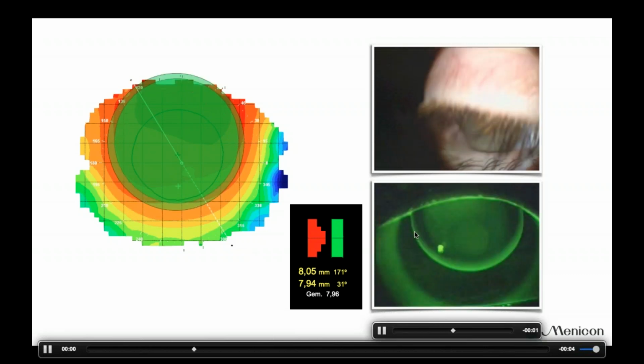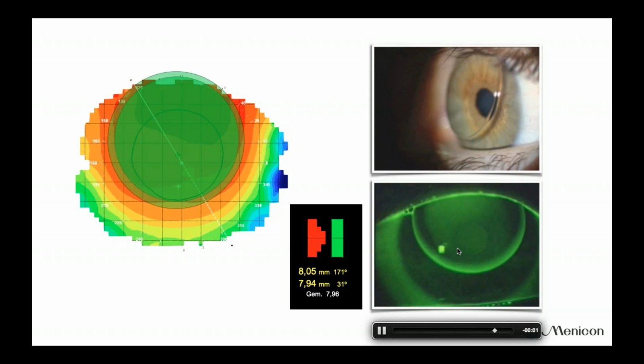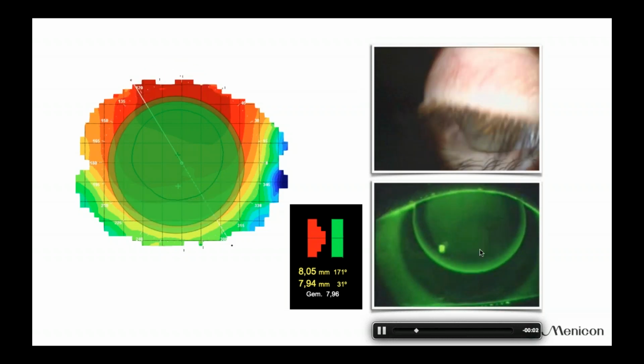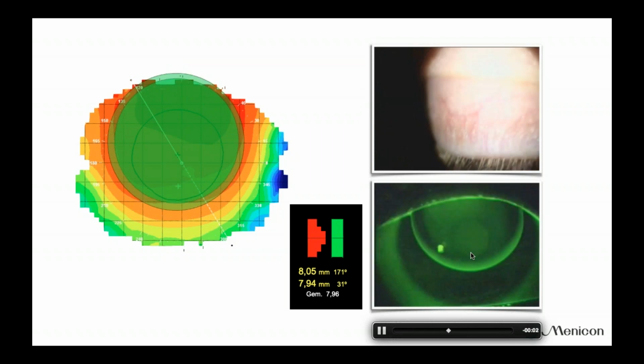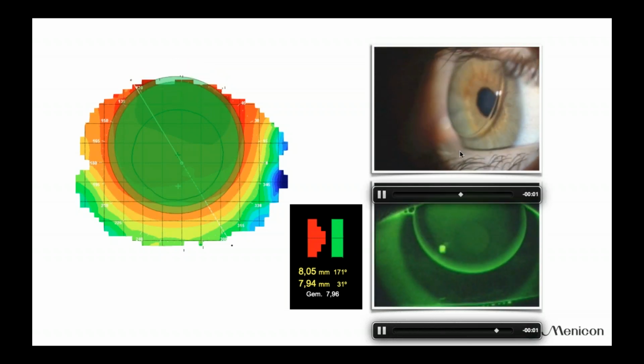What you will see happening in these cases is that people with all the tools try to center the lens with prism ballast or flattening, larger or smaller diameters. They will do everything to get the lens centered. But ask yourself, if you are doing that, are you really respecting the cornea then? That's something to think about, because we have to respect the cornea.